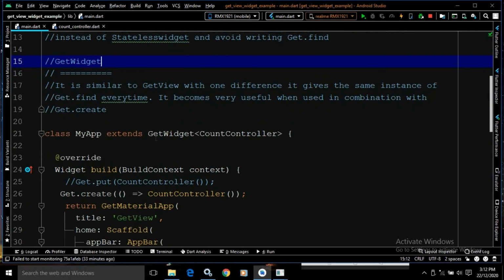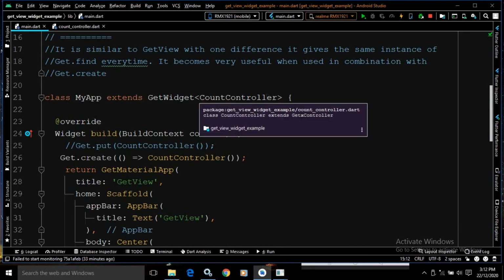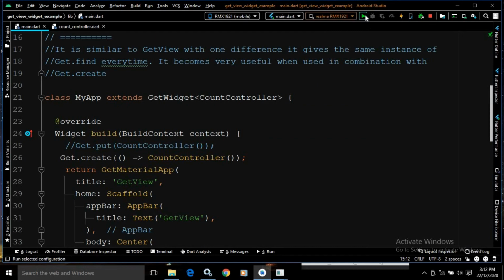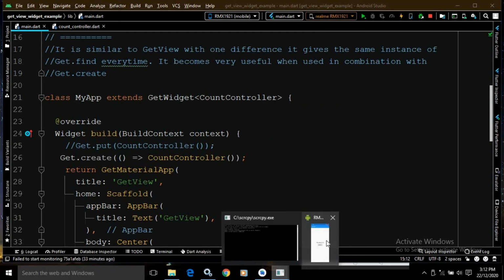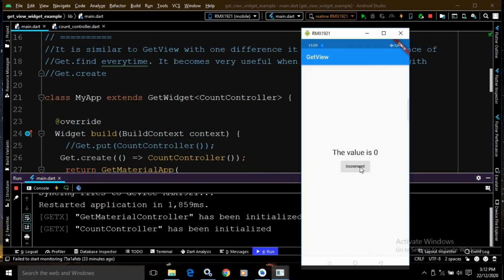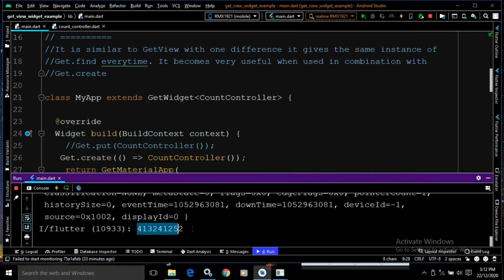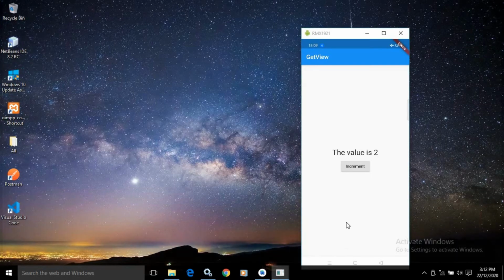This means whenever we are using GetWidget, at that time this GetWidget will give the same instance of the CountController. Now if I do a hard refresh once again, and if I run the project and click here, then you can see the value is incrementing, and you will see the hash code is also the same.